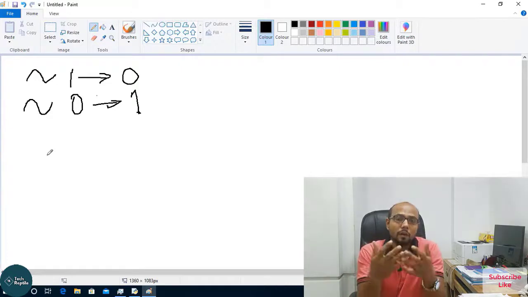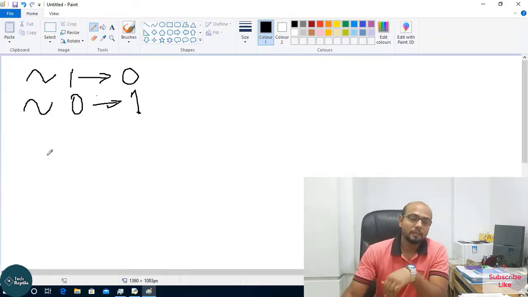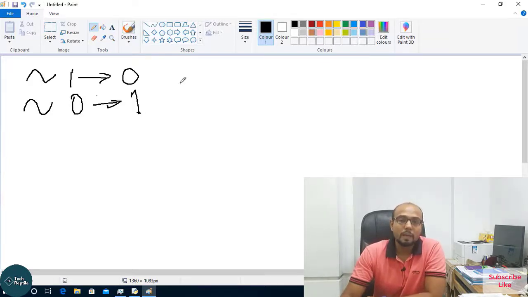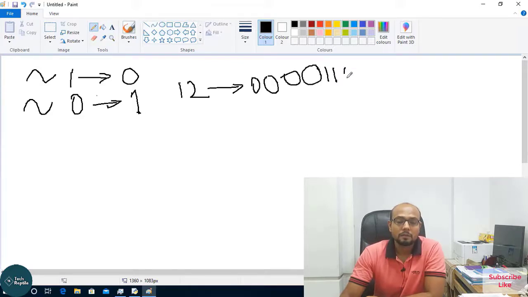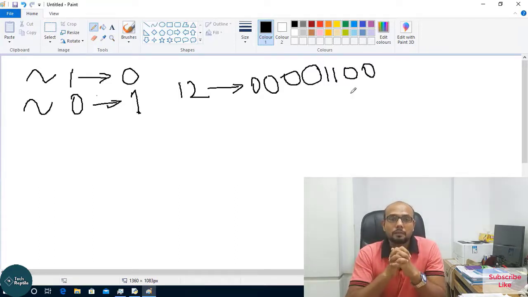That means complement always reverses your binary digits. So let's do it with 12. I am going to find the complement of 12. First I need to convert it to binary. That will be 0, 0, 0, 0, 1, 1, 0, 0. It is the binary format of 12.